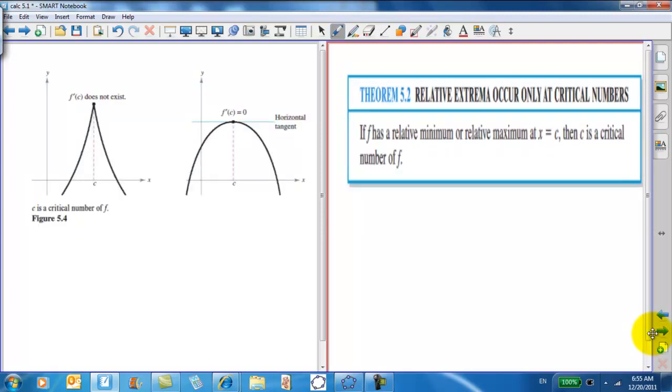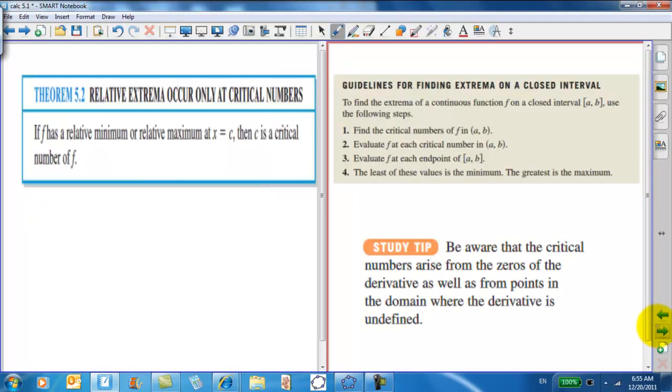So the relative extrema must occur at critical numbers. If f has a relative min or a relative max at x equals c, then c is a critical number of f. So that's why we're going to investigate the derivative of these things. So here's our steps. Define the extrema on a closed interval, which is guaranteed by the extreme value theorem. Find the extrema of a continuous function on a closed interval. Use the following steps. Find the critical numbers. That is, when is the derivative equal to 0? F prime of c equals 0